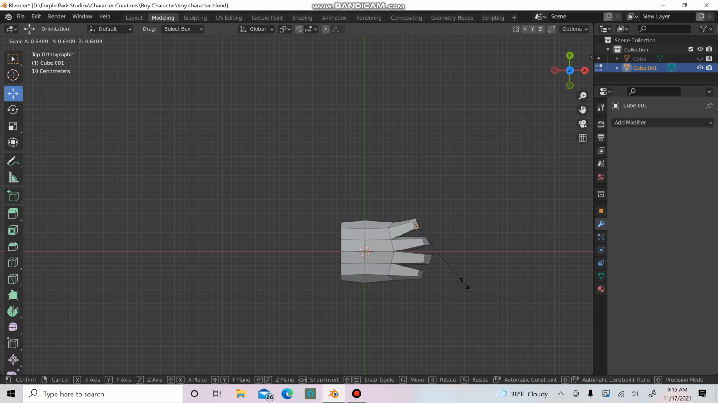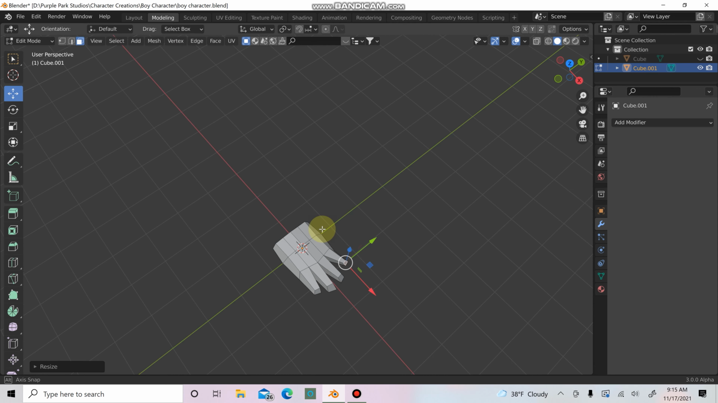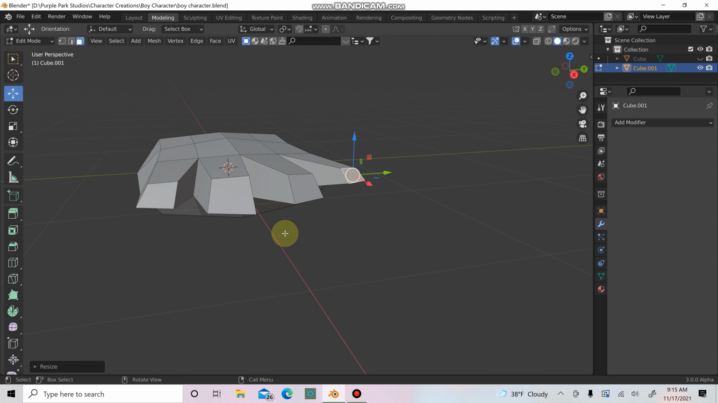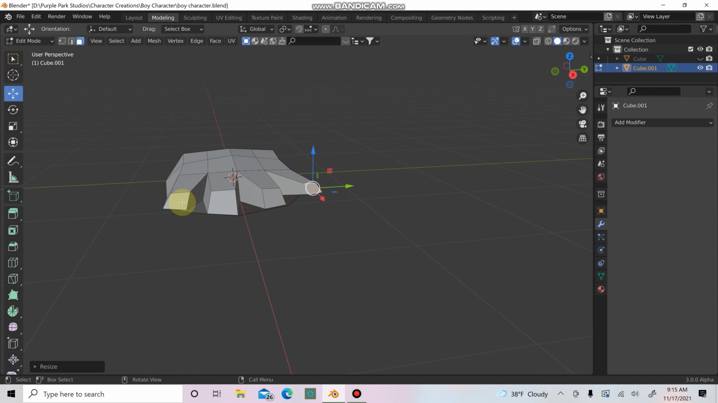And then scale this one way down because that's our pinky. Okay, so that is not looking too good. Don't worry, we're going to fix all this stuff here in a second. Hit 3 for face select, and then